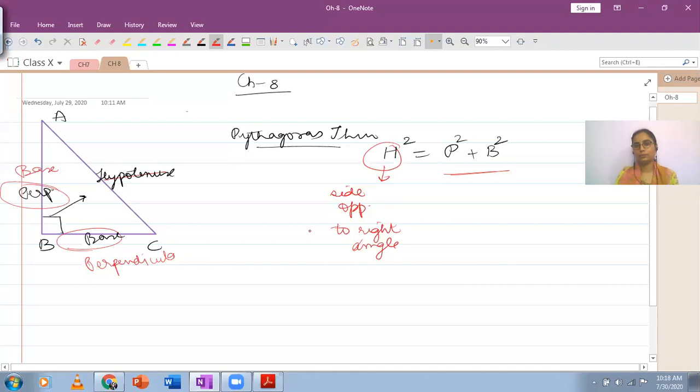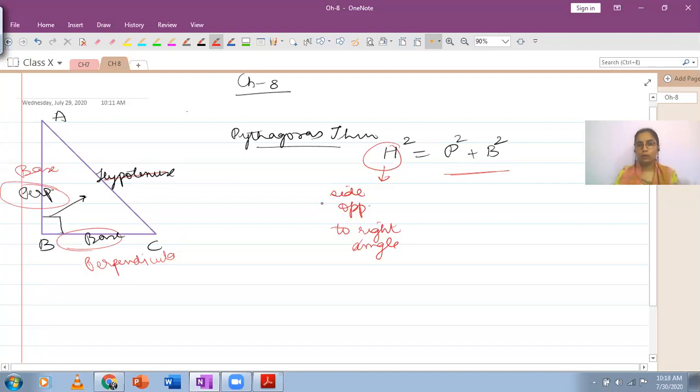Yes, ma'am. Right? Do you agree with me or not? This is what's important, to take the hypotenuse carefully. Perpendicular and base can be interchanged. Till now, this is what we knew कि हमें इस तरह से करना है. Opposite side of 90-degree angle will be taken as hypotenuse, and the other two can be taken as base and perpendicular. You could even interchange them. It will not affect the relation here. X square equals to p square plus b square. इस पे कोई effect नहीं पड़ेगा.